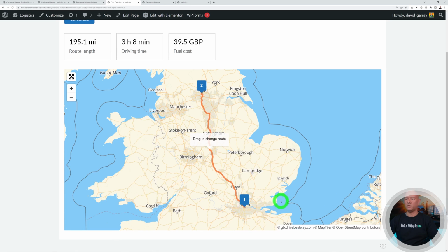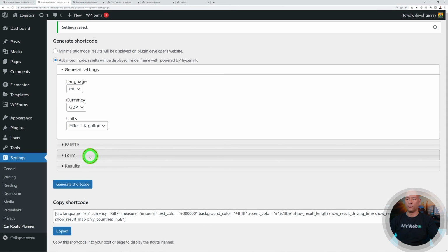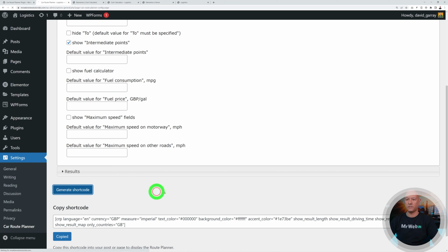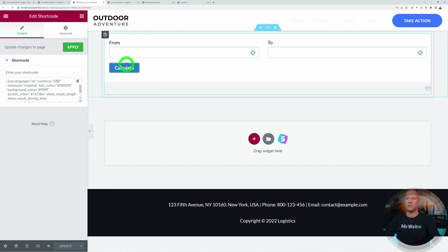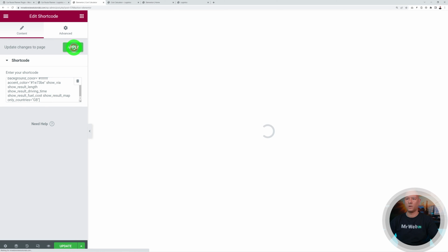Now, let's say if you wanted to add an intermediate route, let's say from London to Leeds via Birmingham, for instance, okay? So we can do that as well. So we go back to our cost calculator here, and we go to Form. And right here, we're going to enable Show Intermediate Points, okay? Now, let's enable this. Let's copy our shortcode. Let's go back here again, replace that one,